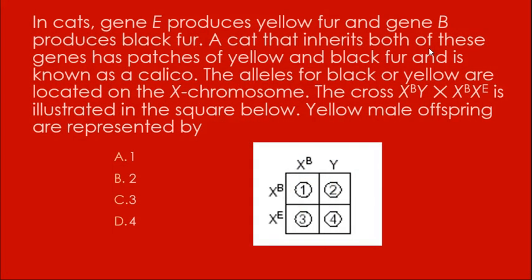So, in cats, gene E produces yellow fur and gene B produces black fur. A cat that inherits both of these genes has patches of yellow and black fur and is known as calico, right? Sometimes we call that yellow-orange, that's also called orange. The alleles for black and yellow are located on the X chromosome. The cross X^B for black, Y, crossed with X^B X^E, which would be the orange, is this Punnett square